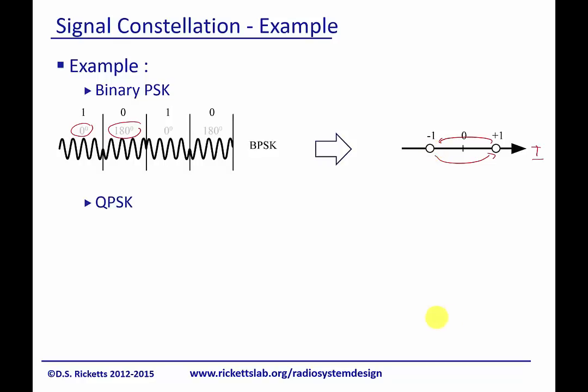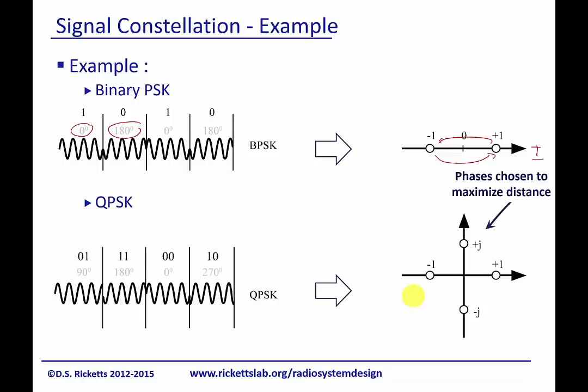Another one is called QPSK, which stands for quadrature phase shift keying. And you can see quadrature means I've got 4 different phases, and you can see here explicitly what I mean. Because there's 4 phases, I can represent 4 different binary numbers. Each one of these represents a point. So here we are with 180 degrees, here we are with 0 degrees, here we are with 90, and here we are with 270. And you notice the amplitude's not changing. I'm just changing the phase as I move between these different